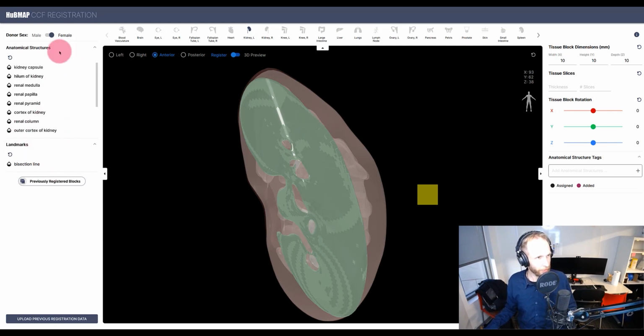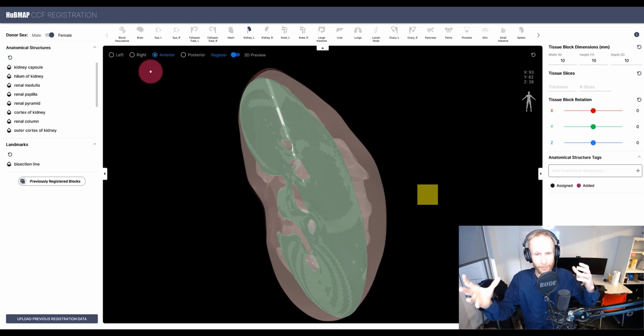Okay, so much for the anatomical structures pane here. Let's go to the meat of the matter. Let's go to the 3D stage, or the 3D pane. So here in the middle we have the organ. This is a 3D space, okay? And then you can also see that we have camera controls up here. So here I can change the virtual camera that I'm using to look at my organ. The organ is static. We are just moving a virtual camera around it.